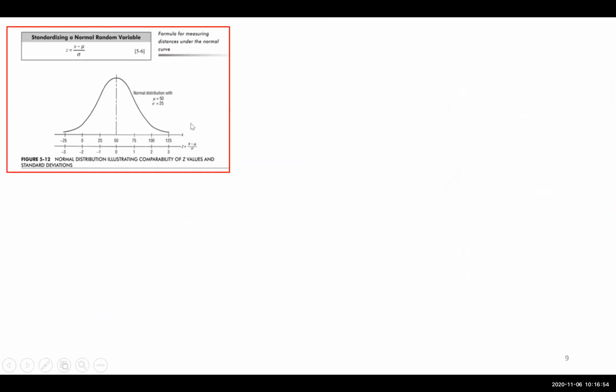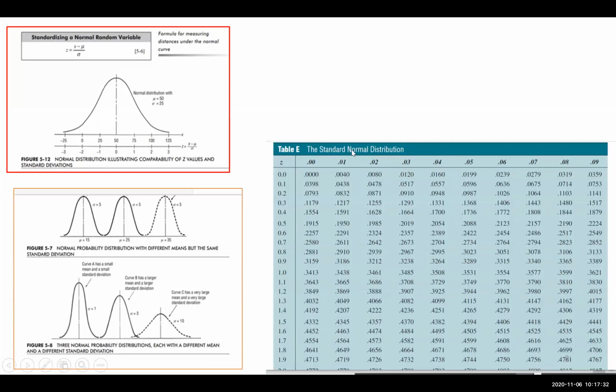Now this is how we'll be using standardization. X value can be converted to Z. Please note down the formula: Z equals X minus mu by sigma. If the mean is 50 and the lower line is Z, at the center the Z value will always be 0. I repeat, at the center the Z value will always be 0. And here 1, 2, 3, and here minus 1, minus 2, minus 3. These are the Z values. We'll take an example. Give me 2-3 minutes, then it will be easier. Let me skip this.